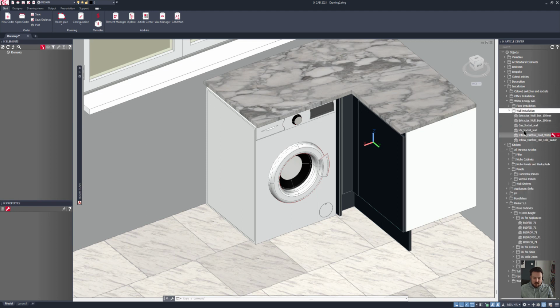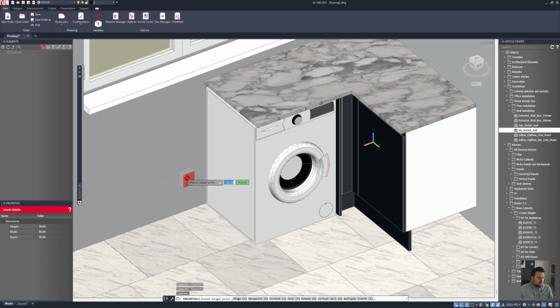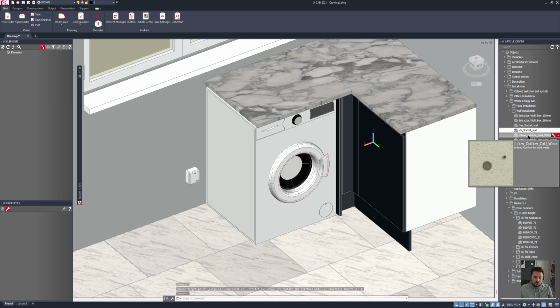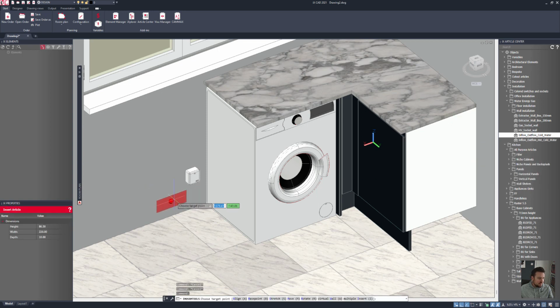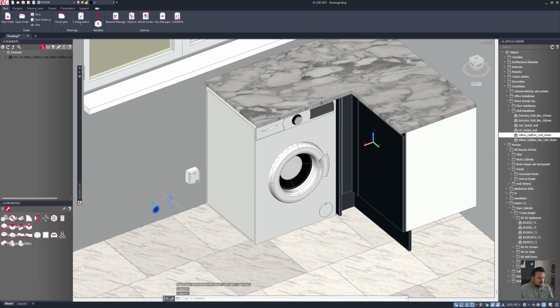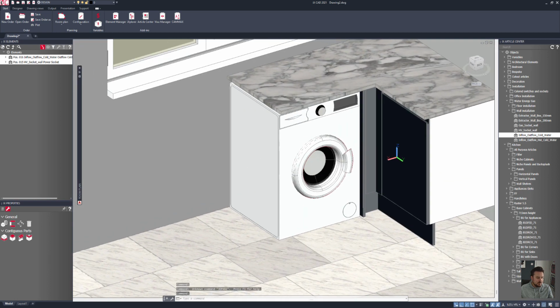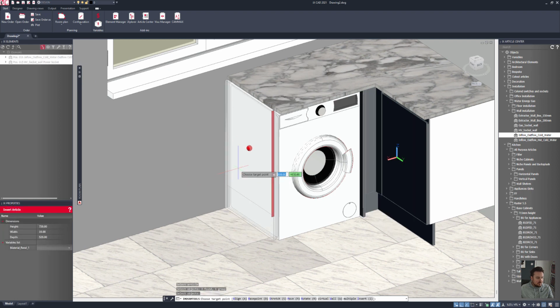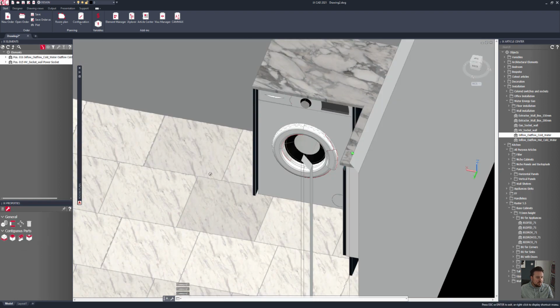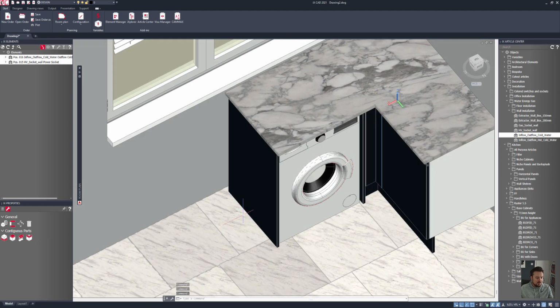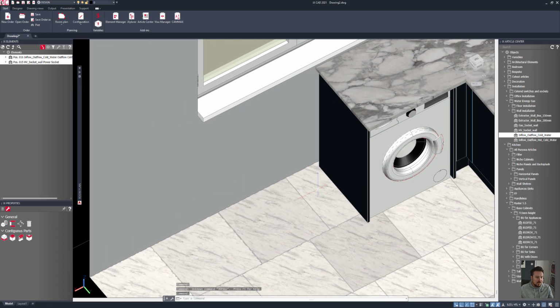So I need a high voltage socket, which I'm going to drop on the wall, and then I want some cold water and waste, so I'll drop this in here as well. And what I'll do is I'll just tuck these in behind my washing machine so that they're out of sight, and that will provide power and waste and water to my washing machine. I need another panel, so I'll just copy the existing and then drop that down next to it, and it will pull that across. So I've now got a little housing for my freestanding washing machine,